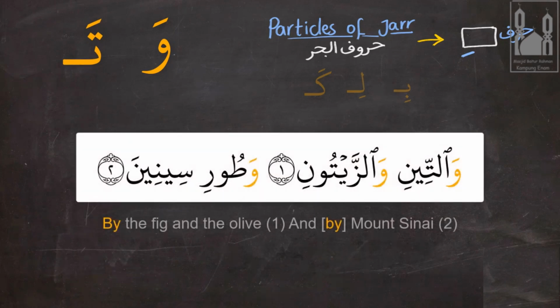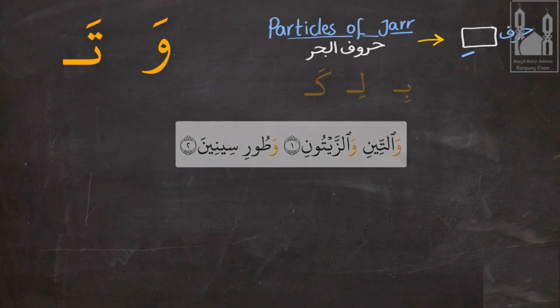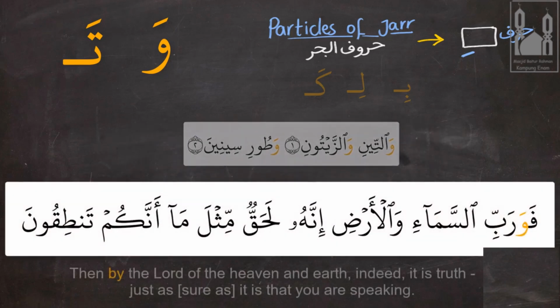وَالتِّينِ وَالزَّيْتُونِ وَطُورِ سِينِينَ فَوَرَبِّ السَّمَاءِ وَالْأَرْضِ إِنَّهُ لَحَقٌّ مِثْلَ مَا أَنَّكُمْ